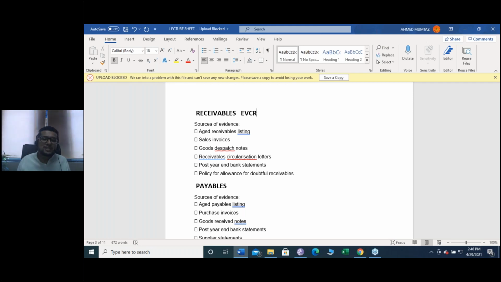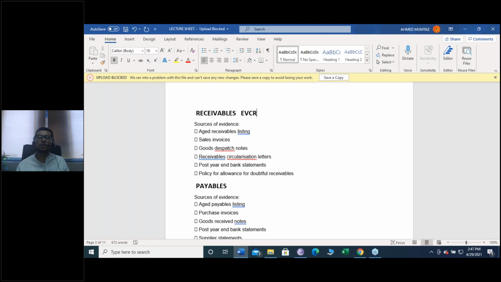So obtain the schedule of the year-end receivable from the client and cast it and recalculate it, plus minus it, add them up again, whatever wording is suitable with you. So obtain the breakdown or obtain the schedule of the year-end receivable from the client and cast them in order to verify the arithmetical accuracy. And once you verify the arithmetical accuracy, the valuation is confirmed. It's one and the same thing.